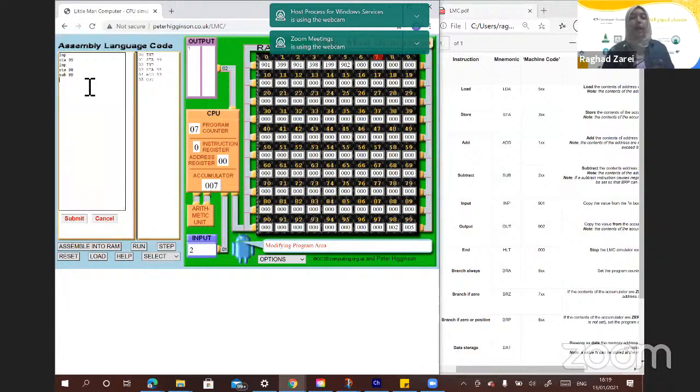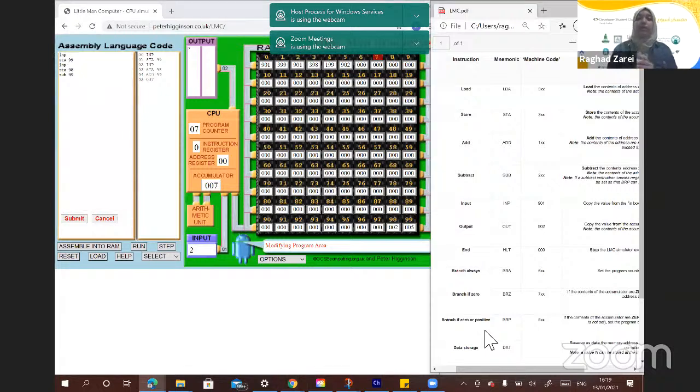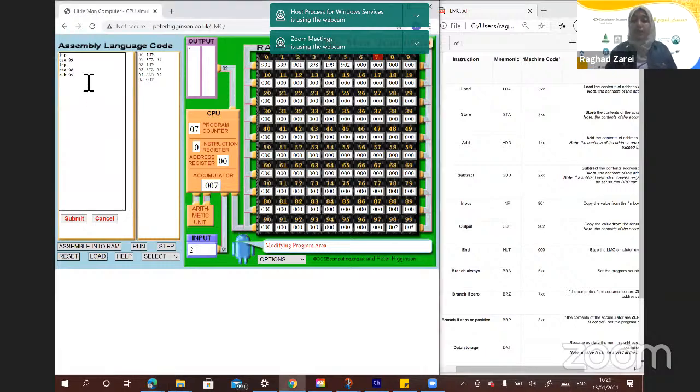All right? After we subtracted those two numbers, there's a function in the instruction set called branch. Branch if 0 or positive, which is exactly what we want. If we got a 0 or a positive, it means the first number is greater or equal. If it gave me a negative number, it means the first number is less. So we're going to use this function. The mnemonic code is BRP. BRP, all right? It literally means to branch if.